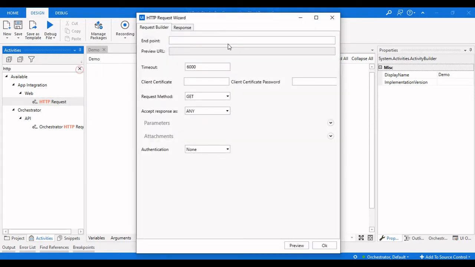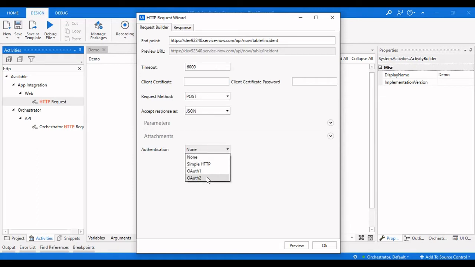Here it pops up to enter the endpoint. So enter the endpoint that we copied from ServiceNow, and in this format we are taking JSON, so accept the response as JSON. The request method is not GET; in our case we are inserting records into ServiceNow, so it is POST.